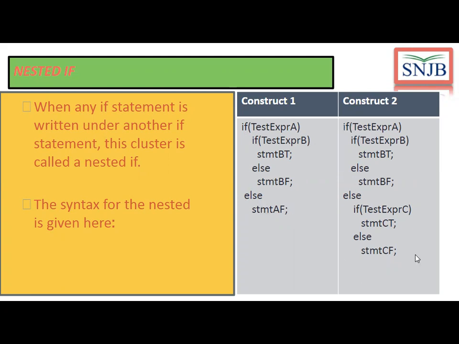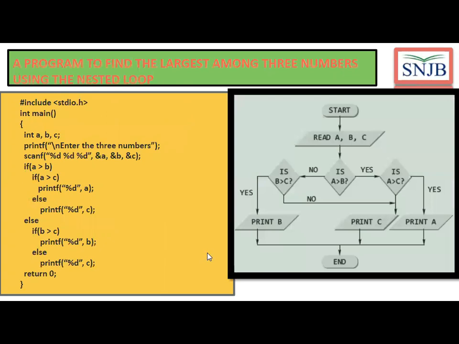And the second type of structure: it is the if, first condition if, second condition else, else part if. This is the else of the if, this is the else of the if, and in the else again there is an if. So it is called an if inside an if, that's why it is called a nested if. Okay, now if we want to find out the largest number among the three using the nested if,